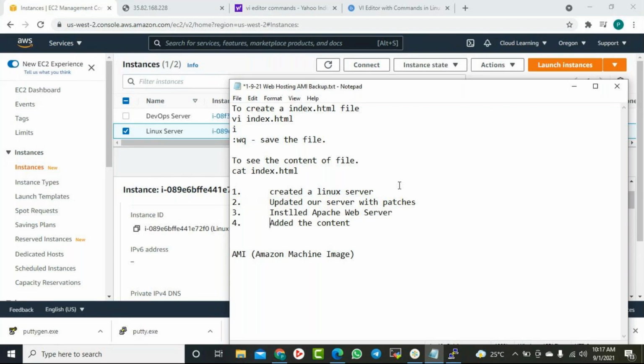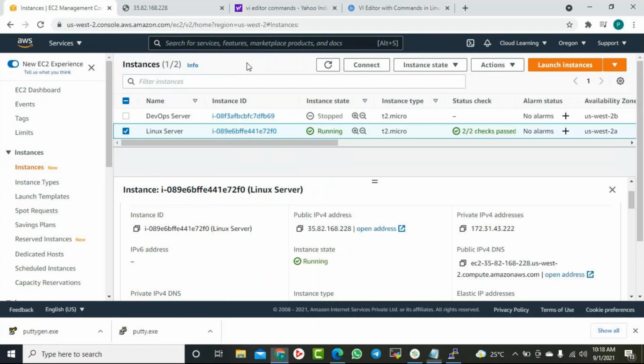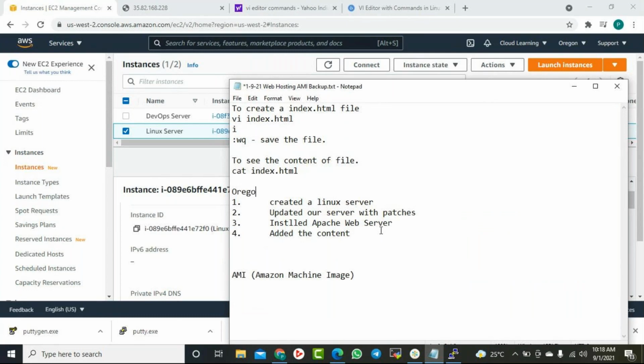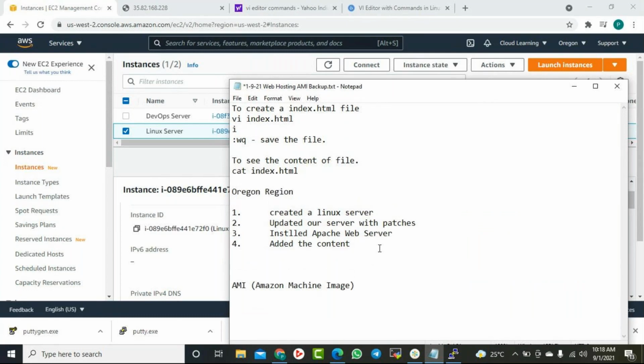Now, if I ask you to create a duplicate server of this in some other region, right now it is in Oregon region, okay. So now somebody asks you to create the same server in Mumbai region. Any suggestion how you will do it?